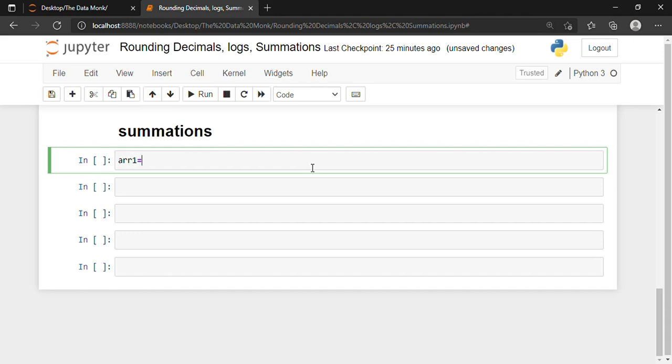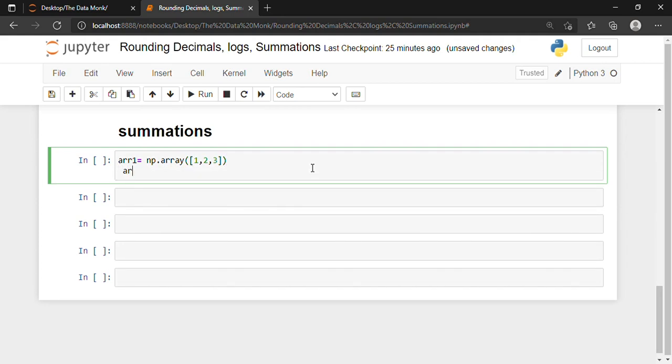arr1 is equal to np.array, let's say I'm taking 1, 2, 3. And in the second array also, arr2, I'm taking 1, 2, 3 again.